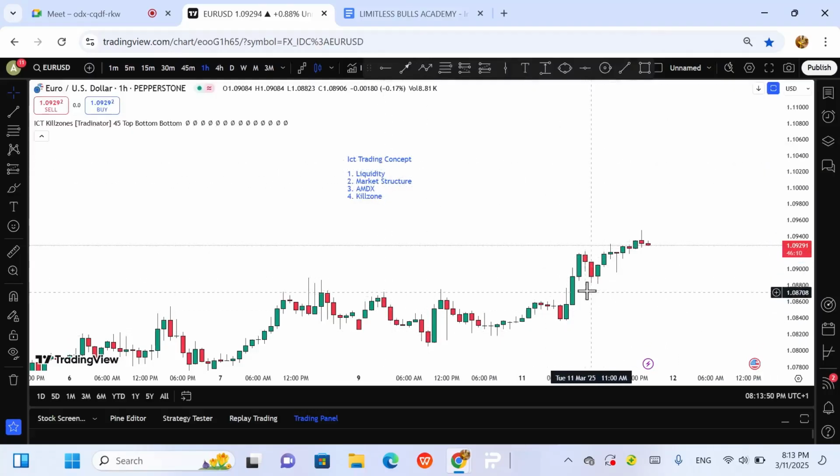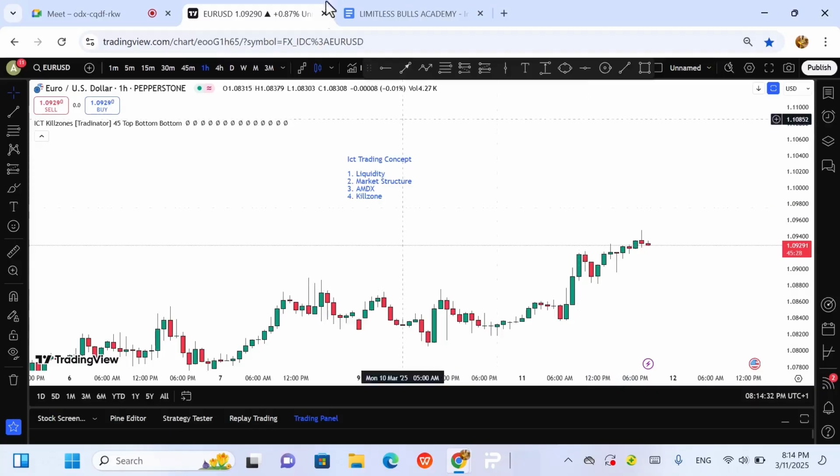First of all, what are we seeing? We are seeing liquidity. The Inner Circle Trader propounds that market price will always move from liquidity to liquidity, because it's a mechanical system. The price is being attracted to liquidity. What is liquidity? Liquidity refers to the active orders in the market, where people enter positions from, where their stop losses are, and where limit orders are. Those points or areas become attractive to price, and the market will always move from liquidity to liquidity.